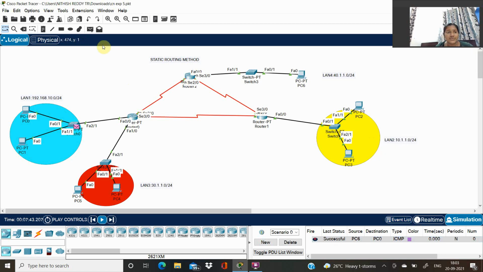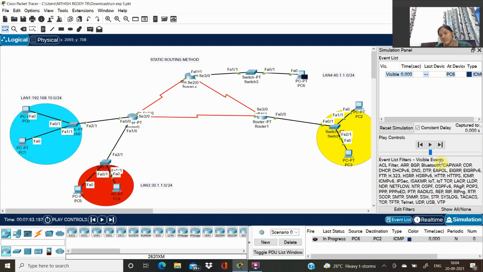And the same, let's do for our LAN 4 to LAN 2, in simulation mode.